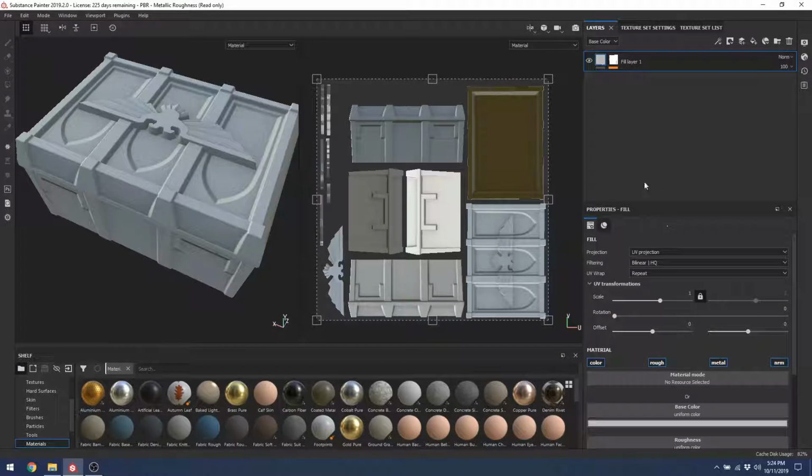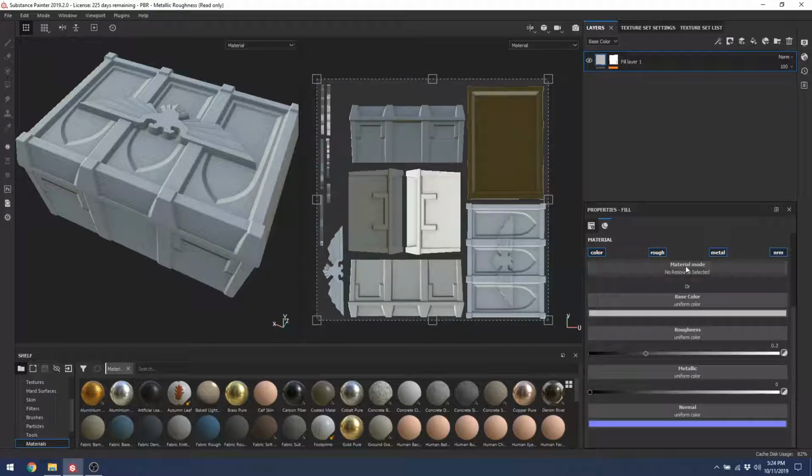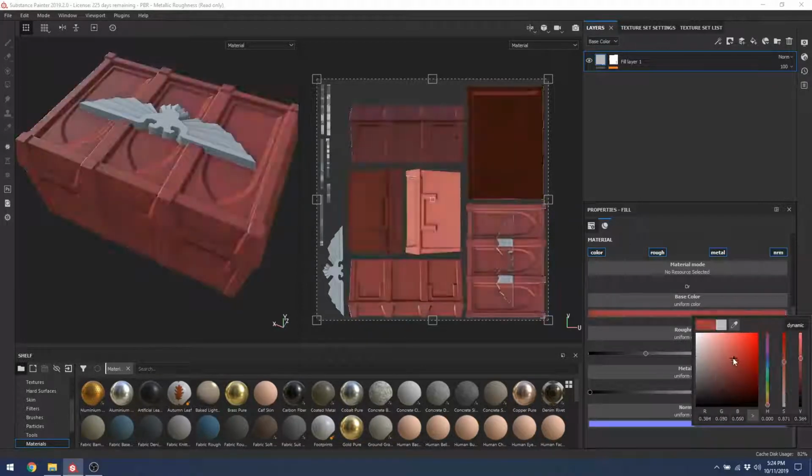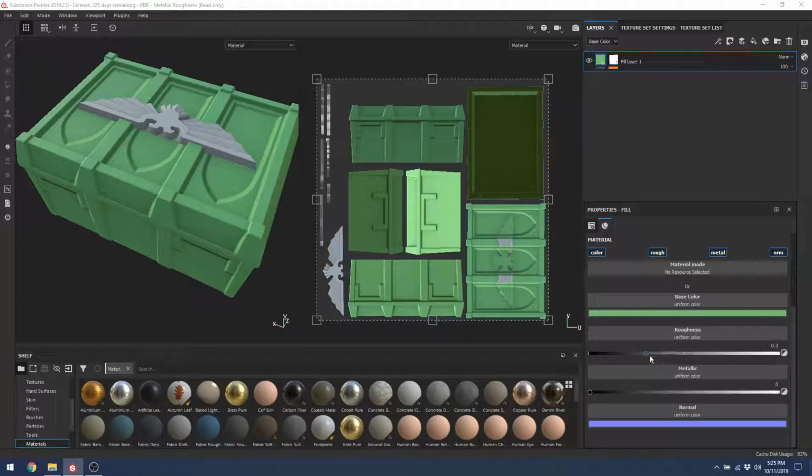So I'm going to go back to the main properties of this one, and this is where I'm going to set up essentially what this crate is going to look like at a clean slate, without anything, without any grime on it, any modifiers, just the basic color. So base color down here. This is a fill layer, so it's going to fill the entire space that this layer is applied to based on the mask. I'm going to make a middle green. I'm going to assign a roughness value that affects just that crate. I'm going to make it fairly rough. That's fine. It is not metallic, so I can leave that all the way black. And it does not have any additional normals, though